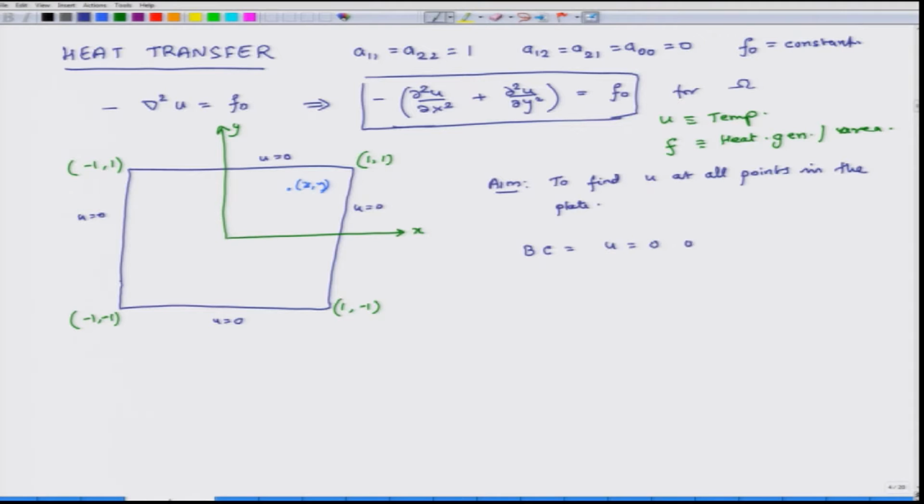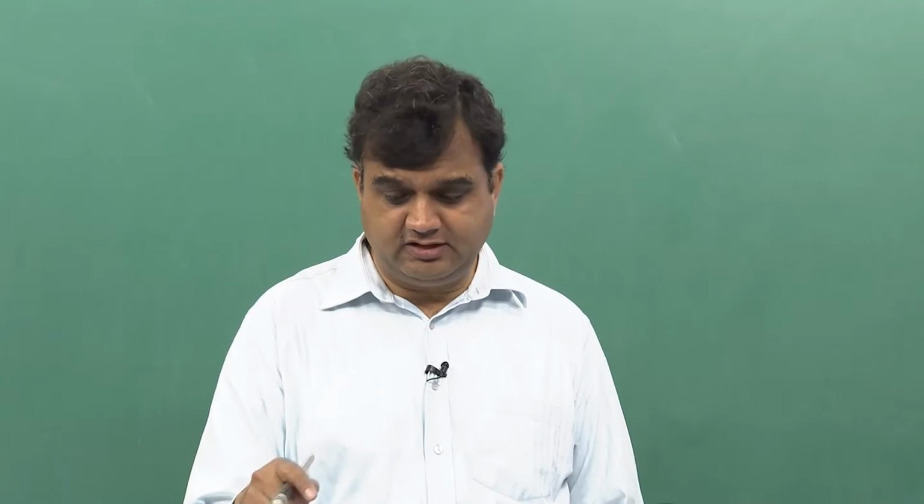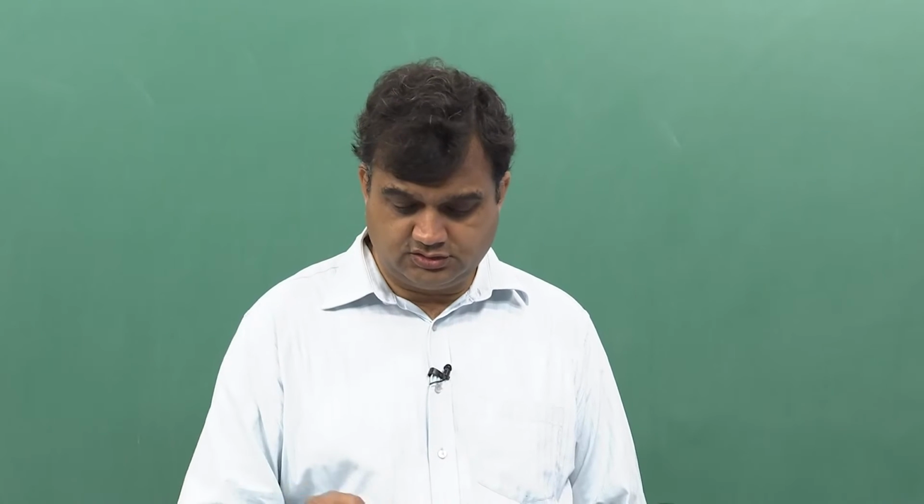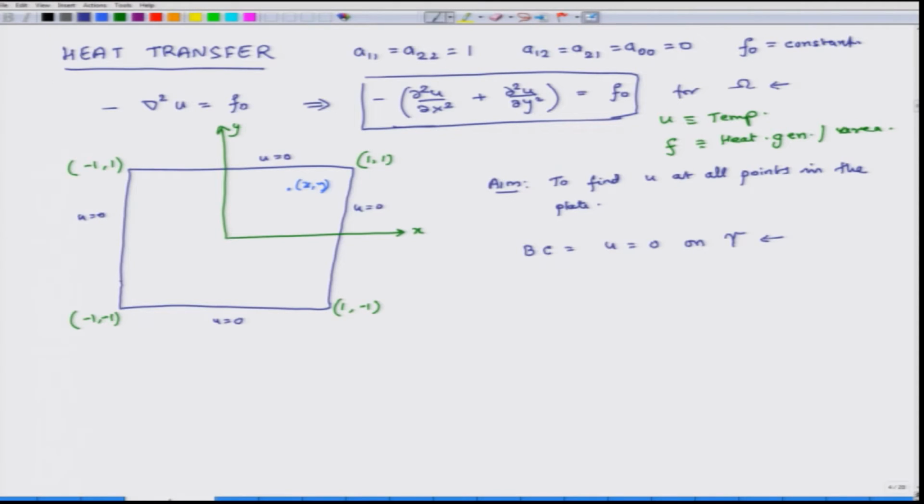The boundary condition is denoted gamma. Note that here I have not put a superscript E, because this is the domain of the entire plate. This is the boundary of the entire plate. When I am talking about the element level, then I will put a superscript E. So, this boundary condition is valid for the entire plate, for all the boundary, and this equation is valid for all points in the system. Now, one way to solve this is I can break this up.